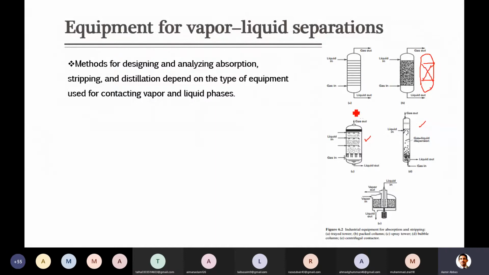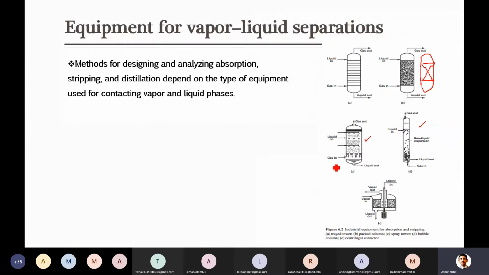The first two equipments are overall better. They are a good choice as compared to these three, because here the contact between the liquid and vapor is low, and in order to achieve a specific mass transfer, a specific separation, like in the case of absorption or stripping, you will need maybe a number of equipments, or at the same time you still maybe cannot reach the efficiency which you can reach by using even a single column in these cases. And due to this reason,